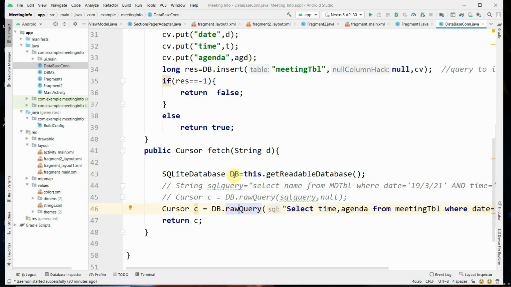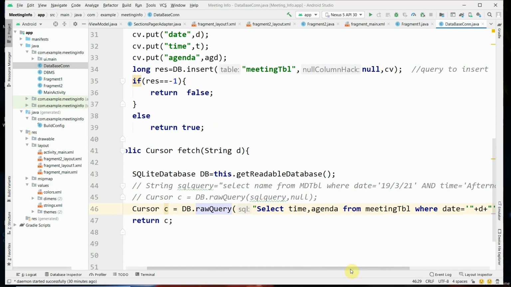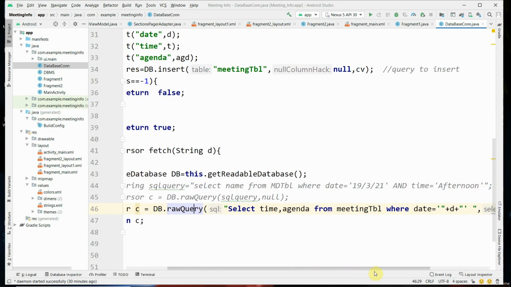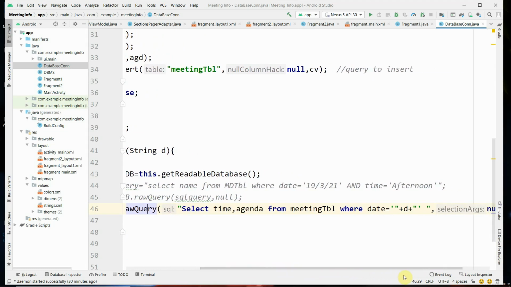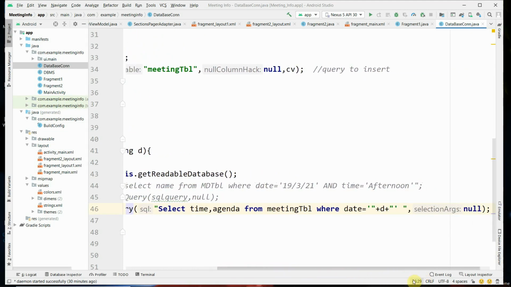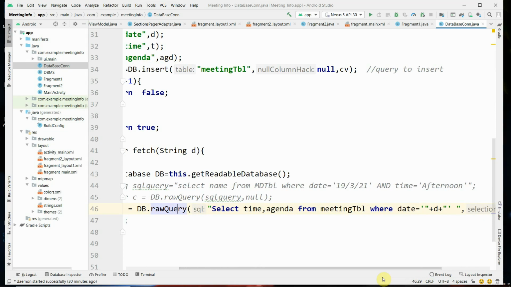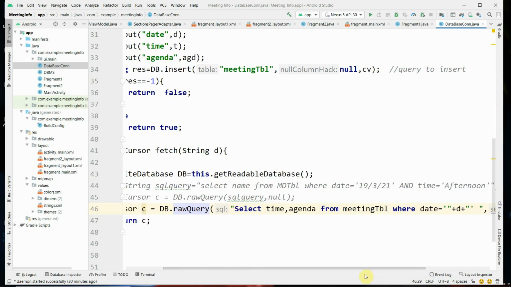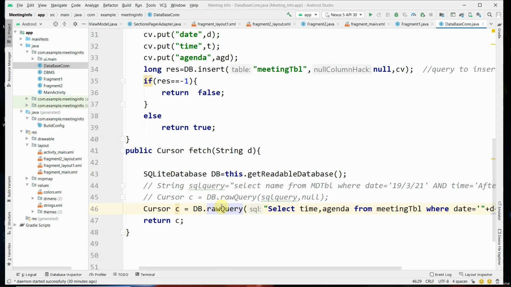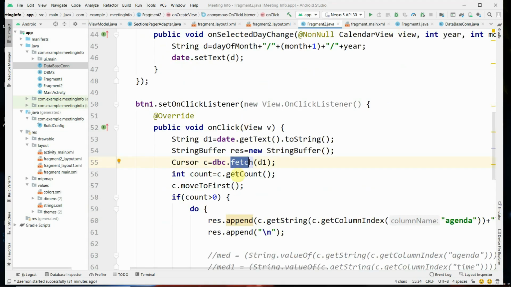See, db is the object which holds the readable database object, and db.rawQuery is given: select time, agenda from meeting table where date equals d. The other argument is null. Two arguments are there, and the raw query is executed and stored. The result is stored in the cursor c, and that cursor will be returned to this fragment,